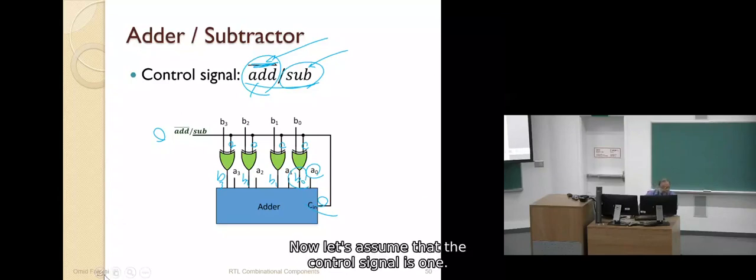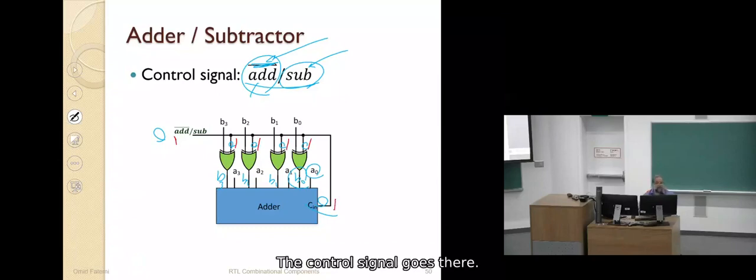Now let's assume that the control signal is 1. When it is 1, this one goes here, one input of XOR, and also goes here. The control signal goes there. So you see, what happens now? We have XOR with 1. What it does, XOR with 1, it inverts, it complements. So we have B3 bar here, B2 bar here, B1 bar, B0 bar here, and also we have 1 here,